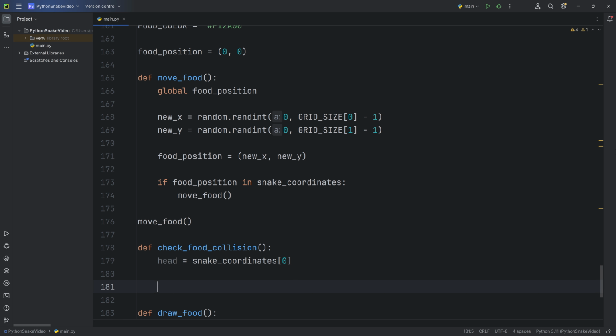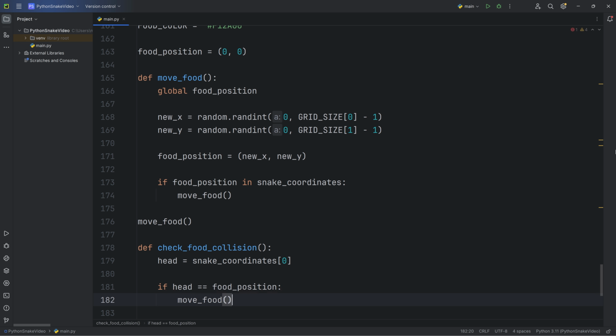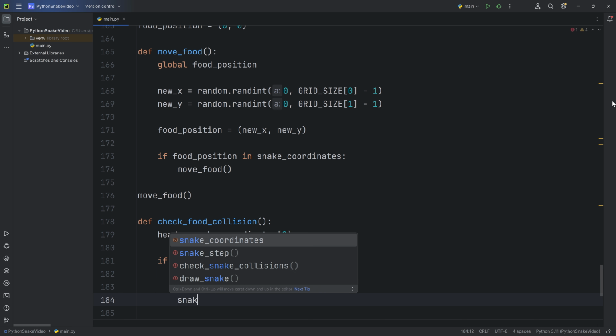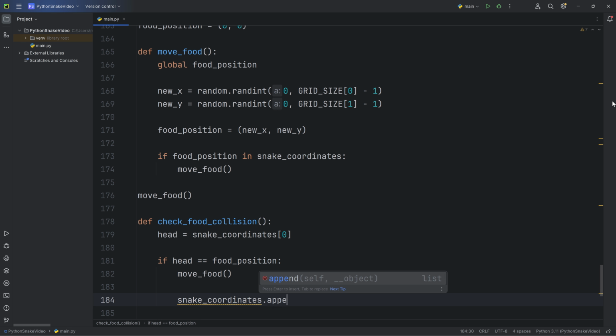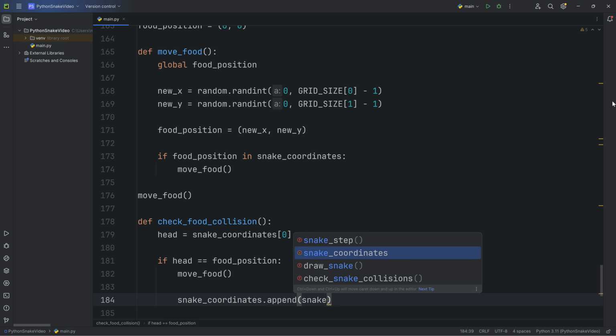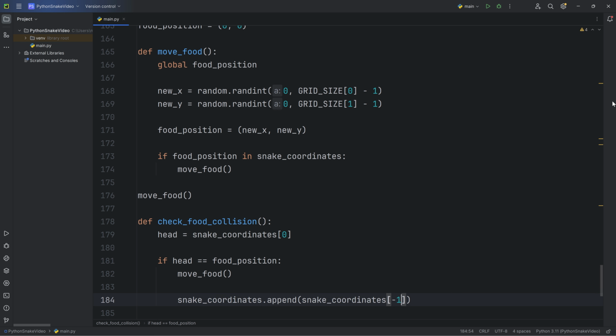And if the head of the snake matches the current position of the piece of food, if head equals food position, then move the food to a new position, move food, and increase the length of the snake by 1. Snake coordinates dot append snake coordinates of -1.